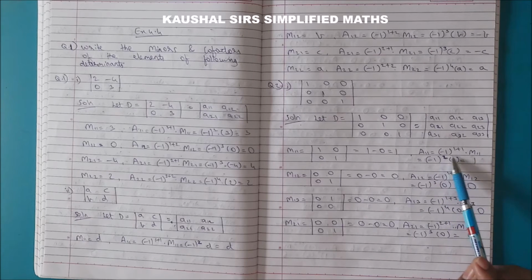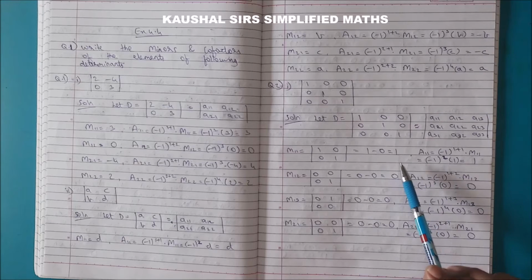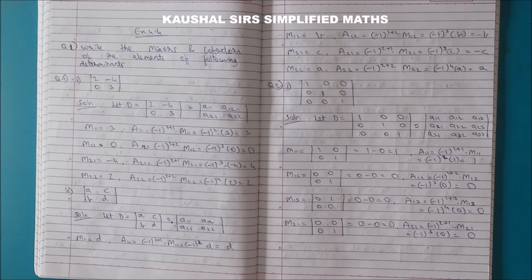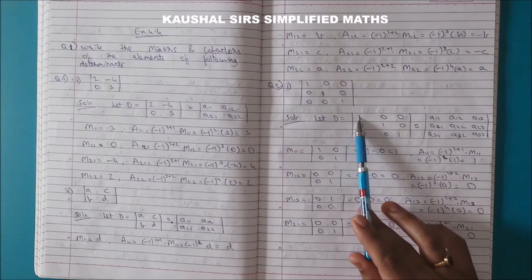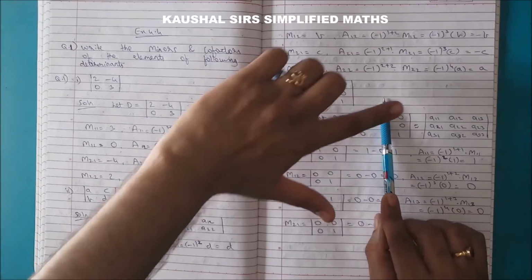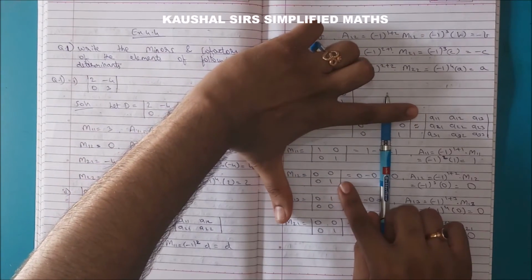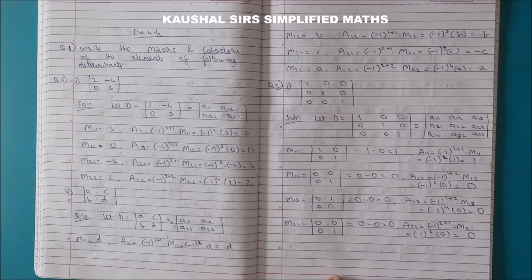And then you go for the formula for cofactor, which is -1 raised to 1 plus 1 into M11. So ये -1 raised to 2 into 1. So it is actually 1 into 1, which is 1. Then you move ahead, minor of A12. Okay, so it is first row, second column का element, तो उसको cover कर दो. So we are left with these 4 elements. Okay, then value of this determinant is what? 0 minus 0. So you get 0.